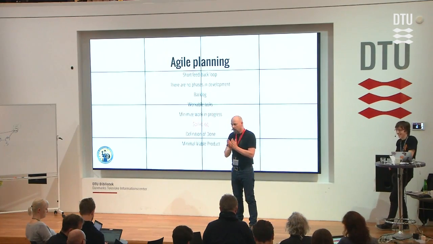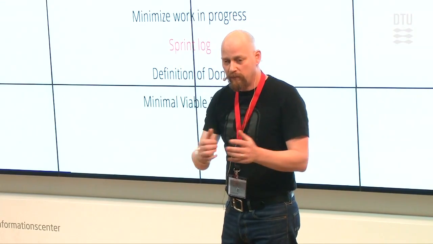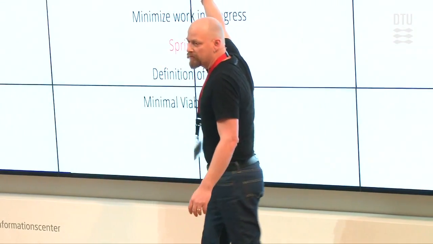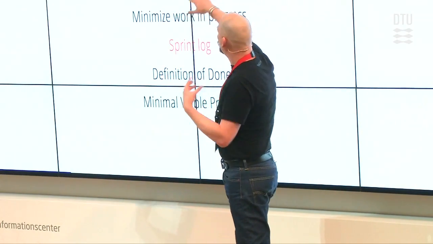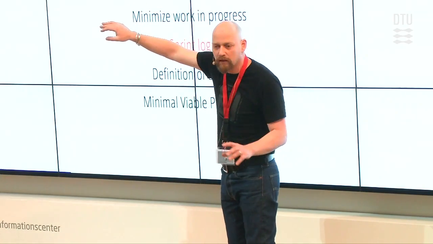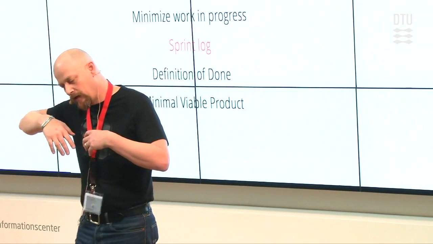Okay. So the way that we do that is I am the product owner, and whatever project we're making, I will take all the tasks that are workable. So I will take the things on the backlog that interest me. I will make sure that they're groomed so they're workable. If they're not workable, they're not coming onto my sprint log, right? And then I will make sure that we minimize work in progress, and we do that by me as a